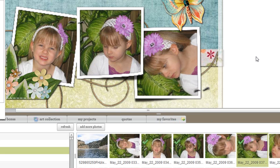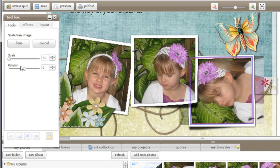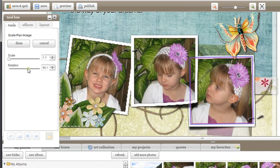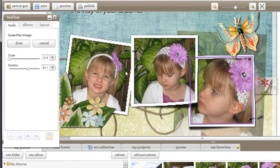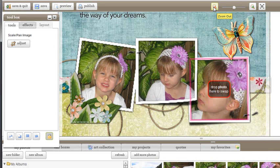Now, once in a while, my photos upload sideways, and maybe you have that same situation. No worries. I can simply go over to the Adjust button and rotate that photo, customize it the way I want it. I might want to scale her, just be a little bit closer in, move her face in more into that square, and then just hit done. And it's completed. Super easy,